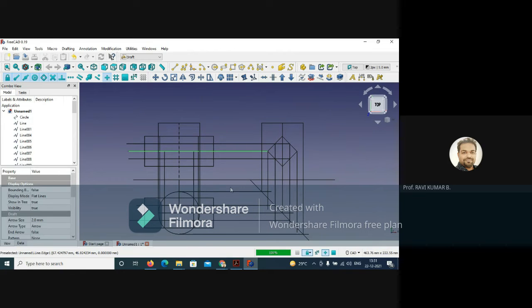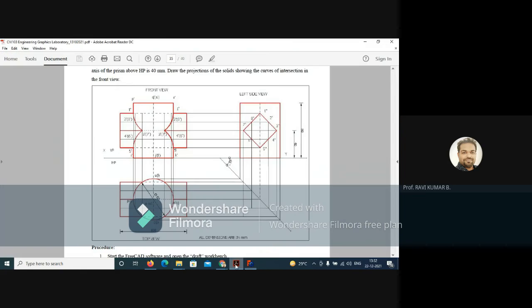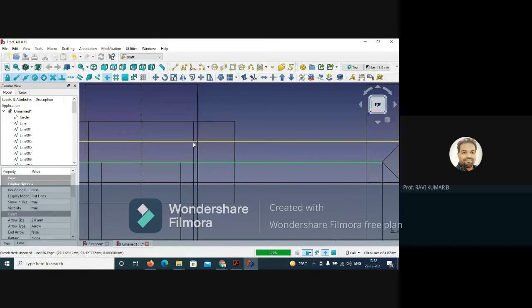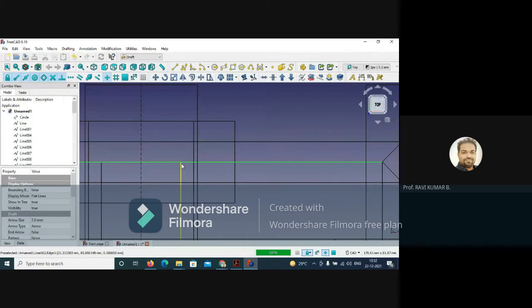So what we need to do, look at this diagram. We have to connect this point to the second point. This is the center point 7, and this is 8 and 2, which you have plotted somewhere here. This needs to be connected, and finally these 2 and 8 need to be connected to the first point, which is lying over this cylinder. So we can see here, one point is lying here, 2 points are lying here, and 2 points are lying here, and we have to connect all these.